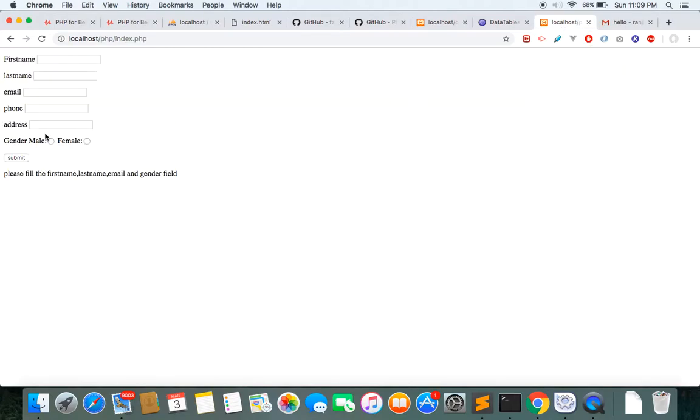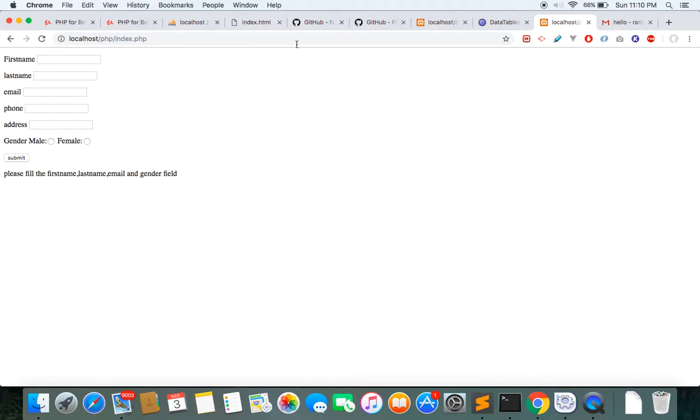So this is the demo of the project. If we do not give some required field, it shows that this field should be compulsory, and if you fill every field in the form, then it displays the information that was filled in this form. So by this project one, you'll have a better knowledge of using PHP and HTML together and validating